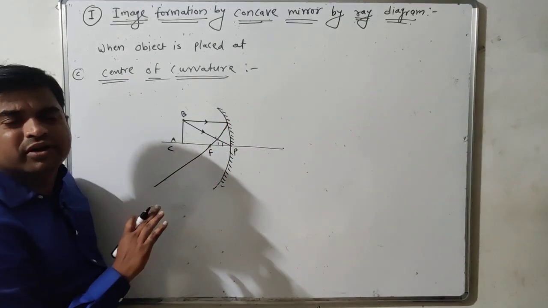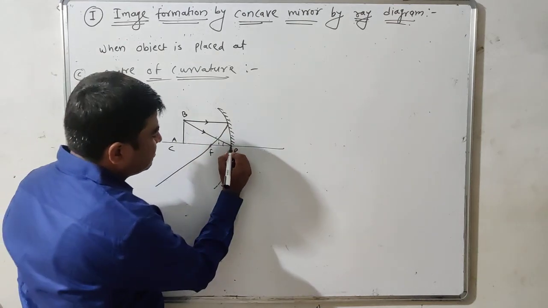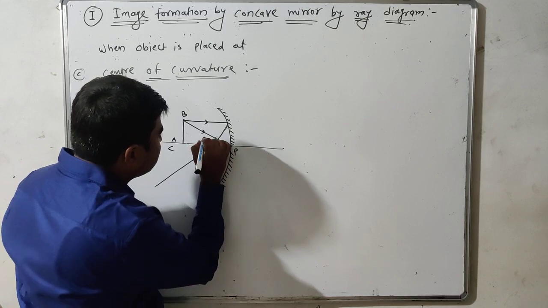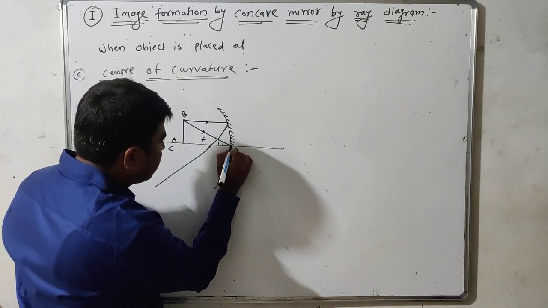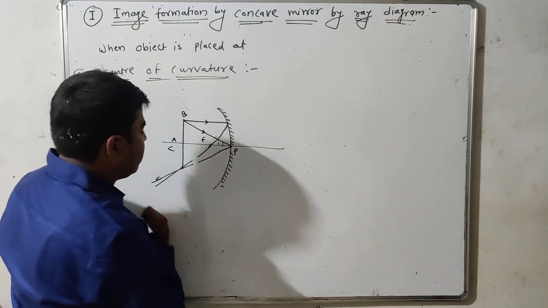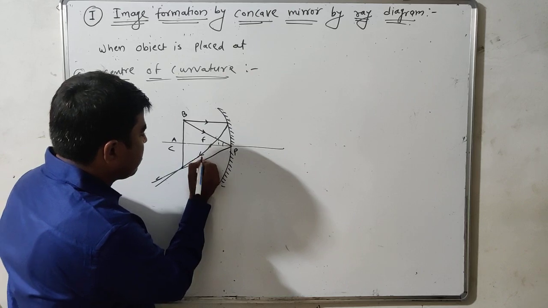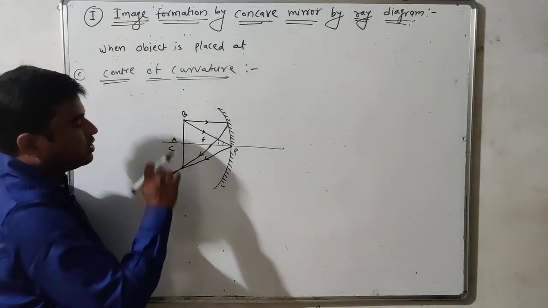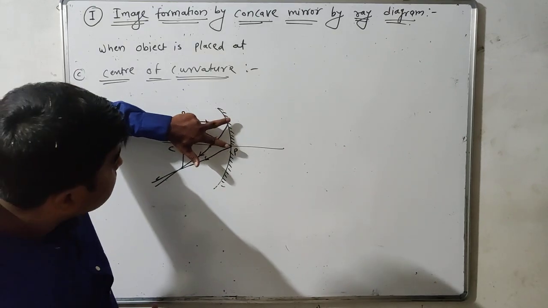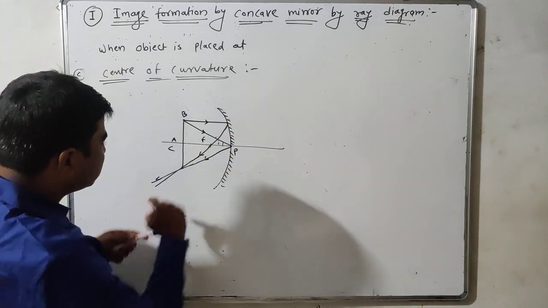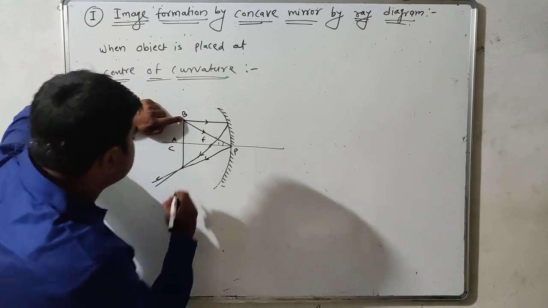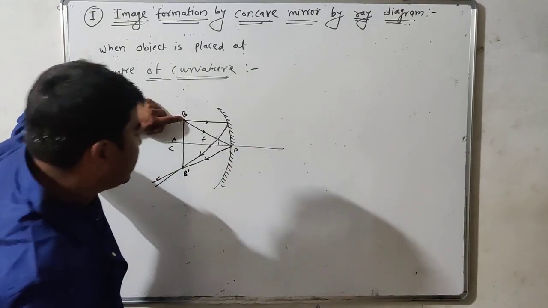We are not using any geometric box so the figure will be slightly different, like this here. So student, the two rays emitted by point B on concave spherical mirror, after reflection they again converge to this point. Therefore you can see here the image of this point object is exactly at B dash.